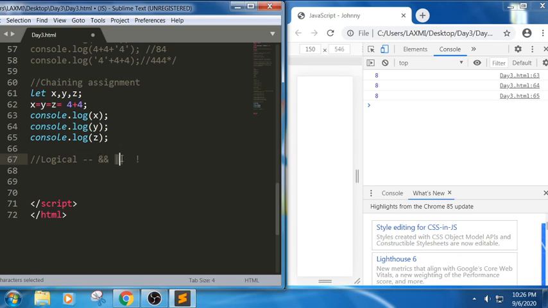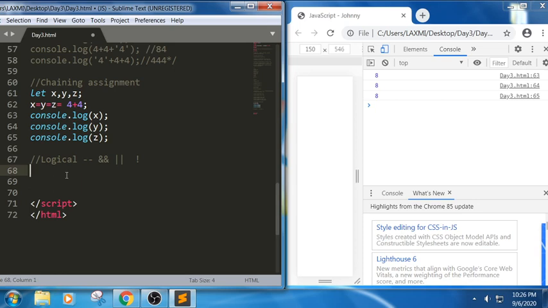For example, in the OR operator, if at least one part of the syntax is true, then it will return true, or else it will return false. And the NOT, in the sense, simply we can call it negation, in the sense vice versa. If it is true, it will return false. If it is false, it will return true. Let me write some example.